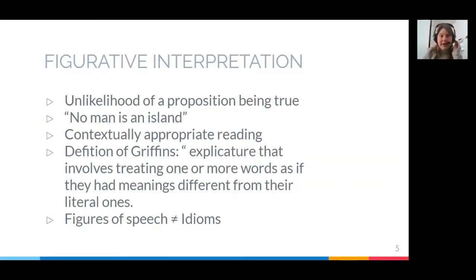So when I say something like, it's raining cats and dogs, a person can interpret that it's raining a lot, yes, but in order to use that idiom, you have to learn it. Otherwise, you're not going to know that in English, when you want to say it's raining a lot, you are going to say it's raining cats and dogs. I hope I was clear on the difference between figures of speech and idioms, but we're going to have some more examples in the activity.